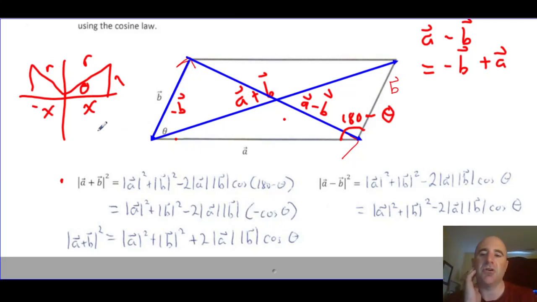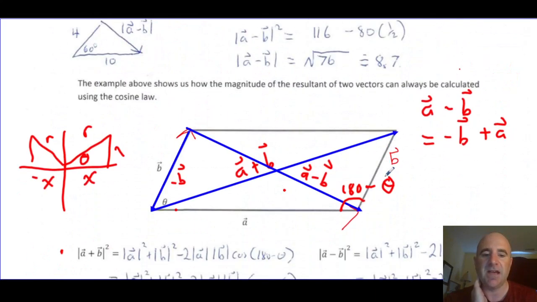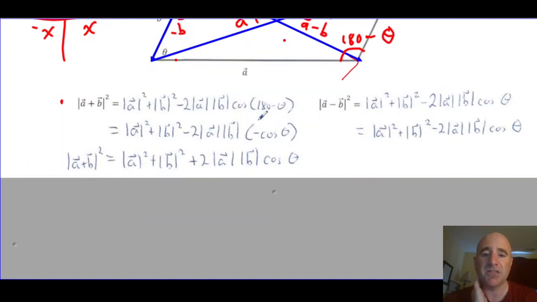So in general, think of two angles that add to 180, 30 and 150. The cosine of 30 is the negative of the cos of 150. The cos of 20 is the negative of cos 160, and so on. In fact, we used that idea right here as well, where I said cos 120 is just negative cos 60. So because of that, we can replace cos 180 minus theta with negative cos theta,